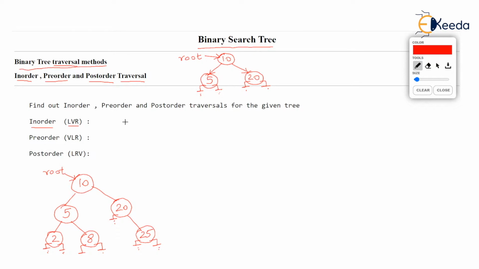Now, if we are supposed to print this tree in in-order traversal, then the rule states that you should print the left branch, or left subtree, first. Then you should print the vertex, and finally you should print the right subtree. So for any node, first you should print the left branch of that node, then you can print the node, and finally you can print the right child.